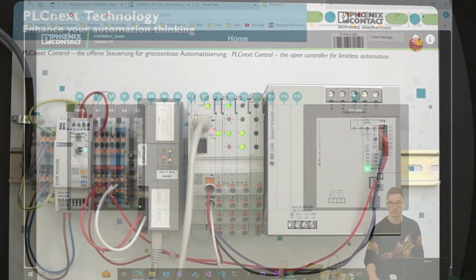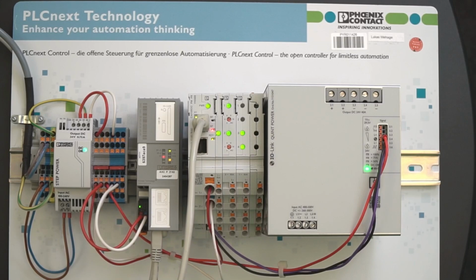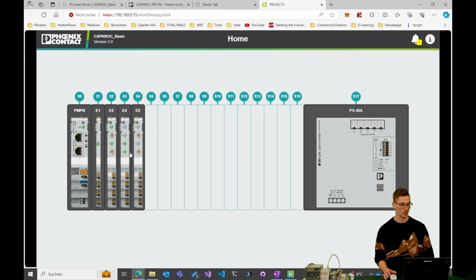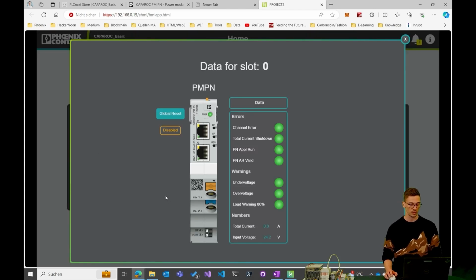If I show you my hardware, it's the same case here. And if I go back, it's a live view. You can turn it on and off on the physical buttons here, and it will automatically show you as well here. And if you want to see the data, just click on the different devices and you will see the data for the different slots.